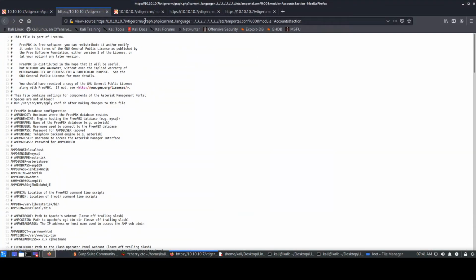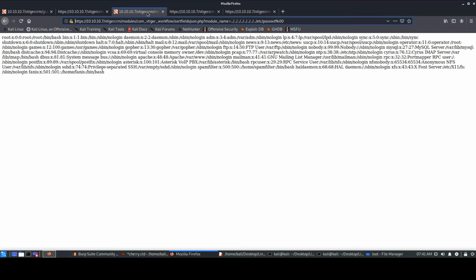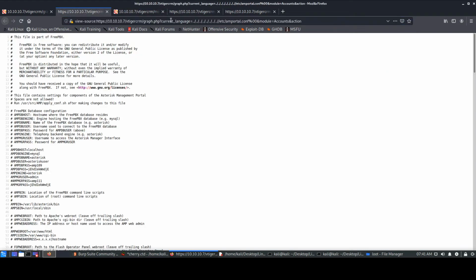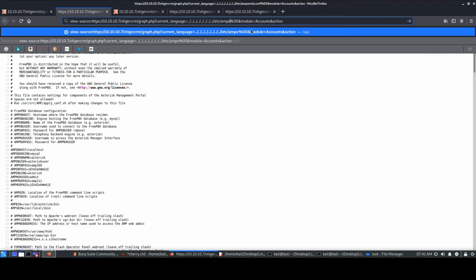Okay, and just press enter. And we see that there is LFI present over here itself. And if you see the location, it's vtigergraph.php, right? And the previous one, which we saw from the vtiger 5.1.0 version's vulnerability, we found that it is in vtiger modules com vtiger flow. It's totally different. Both these LFIs are present in different locations. So obviously you can go over here as well and check out the password file, right?